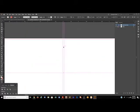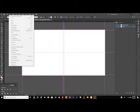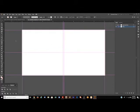Let me get out of that for just a minute because I think I missed a spot. So what I'm going to do, close the register, lock the registration, unlock the guides. We're going to go to the top horizontal guide, and we're going to do an edit, copy, edit, paste in place. And then we're going to go to the Y coordinate, so back out of the IN and do